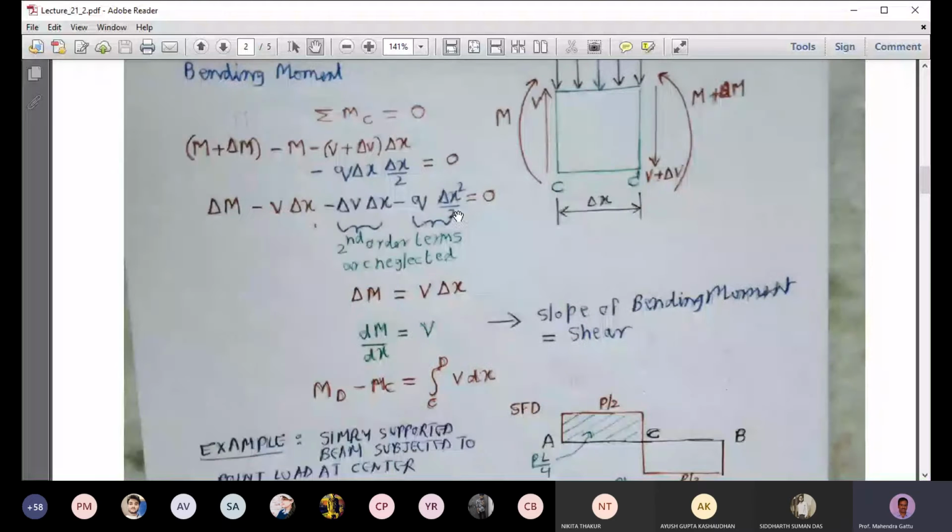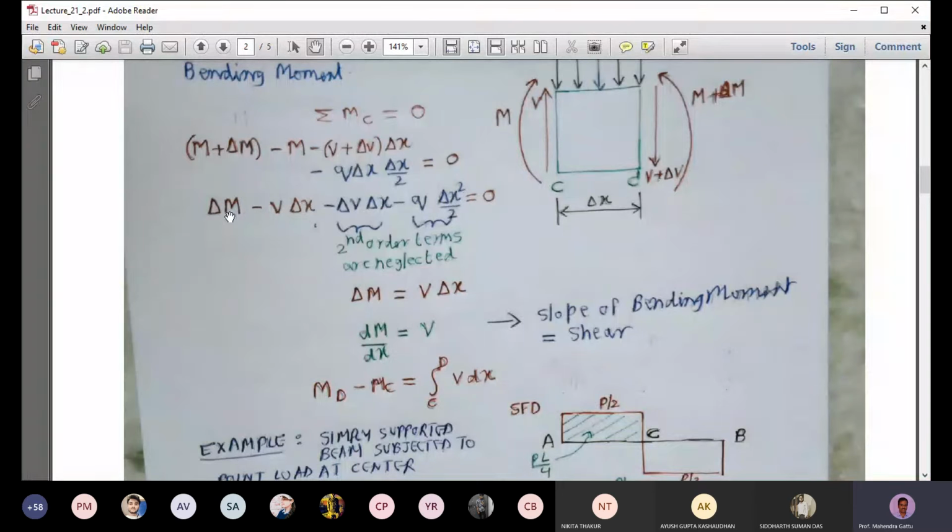So here delta V and delta X, those two constitute second order terms. If it is some 10 power minus 6 value, the product will be 10 power minus 12. So this term can be neglected when you compare with these first order terms, delta X or delta M. Similarly, Q delta X square by 2 is again a second order term. Delta X itself is a very small quantity, and if you square it, it will be negligible. So again, this term can be neglected.